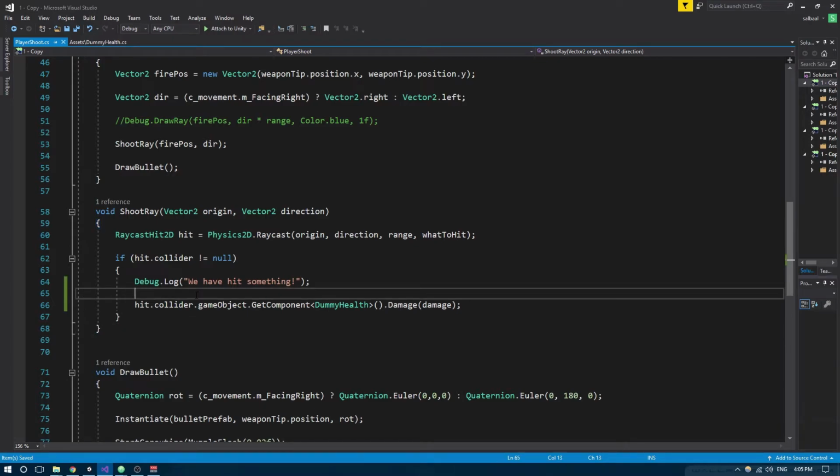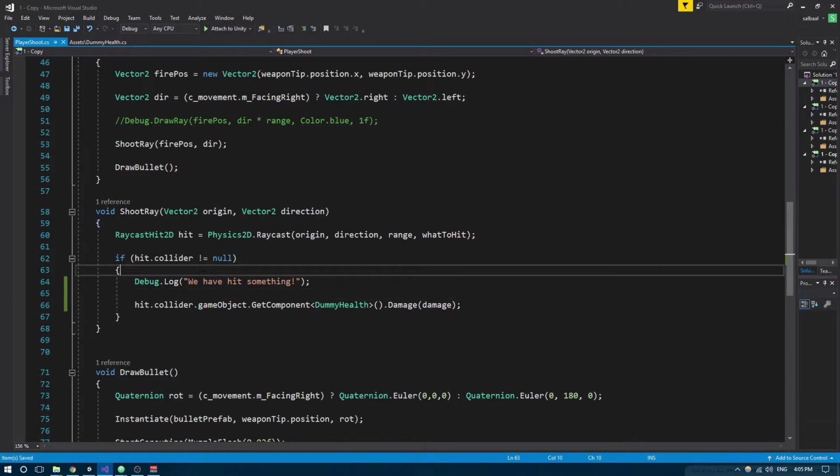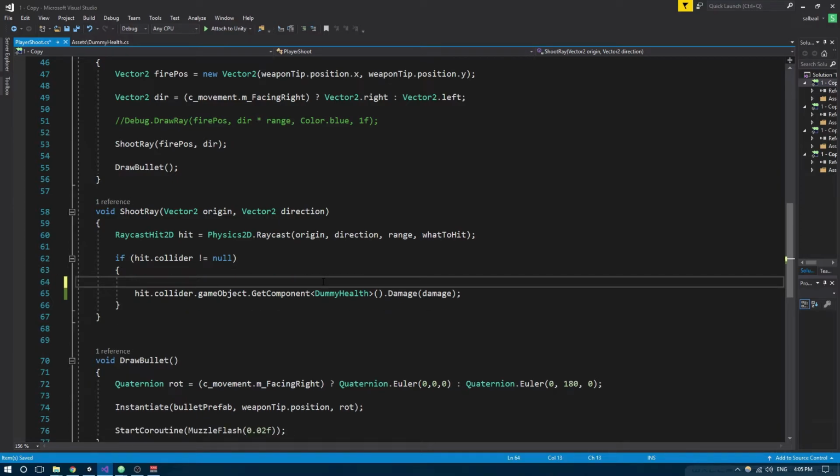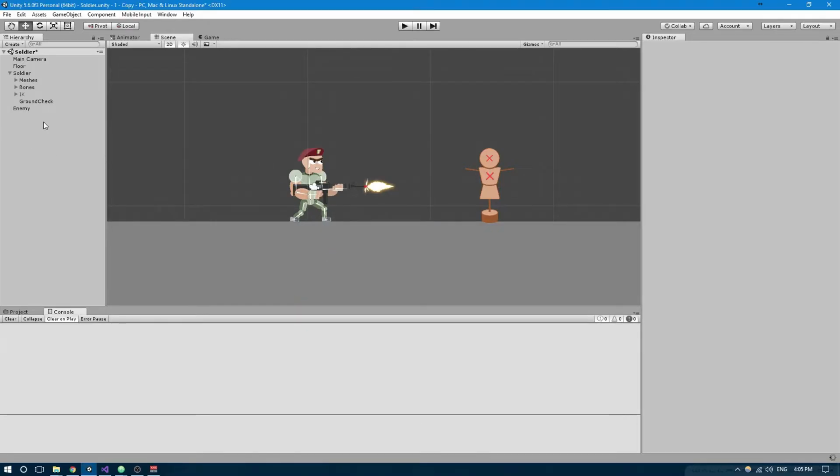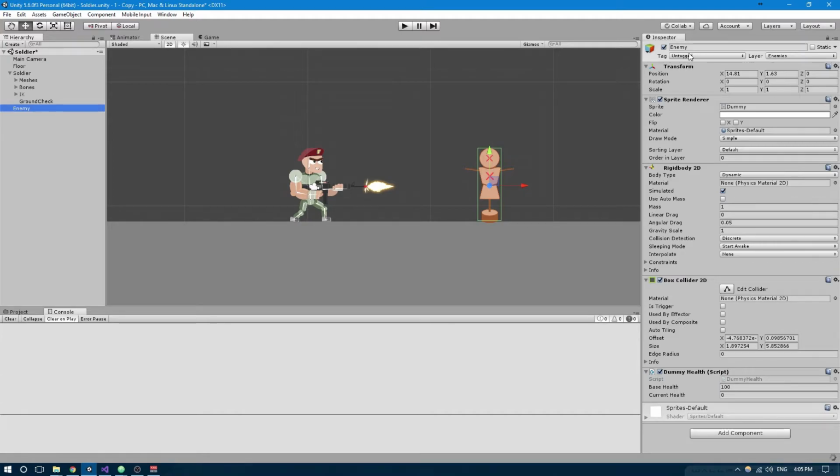So we're gonna do a few more checks in here. In case you have more than one enemy, let's first erase this. In case you have more than one enemy, you may want to differentiate the type of enemies you have. We can do this by using tags. So a tag is basically like a name that is not really a name, it's a way to differentiate types of objects. In this case, we're gonna add a tag and we're gonna say,